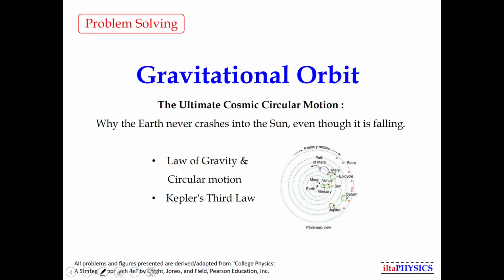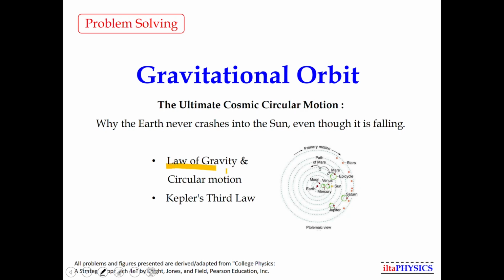A satellite experiences a constant downward pull due to the gravity of a massive planet, but it never actually falls. Instead, it is a unique type of motion where that gravity acts as a centripetal force, causing it to move in a circle. The basic types of problems we will cover today will involve solving questions related to the gravitational